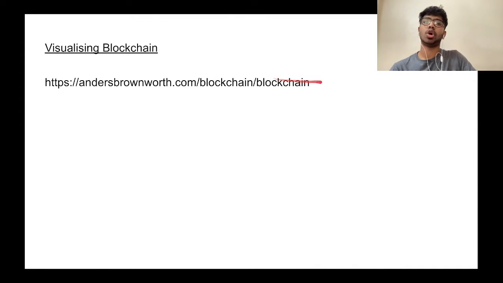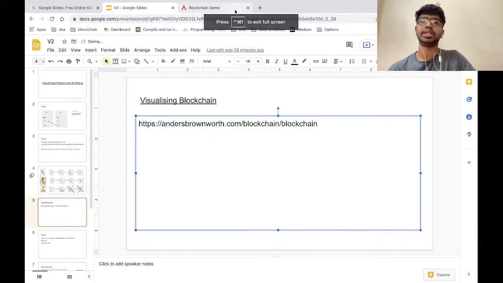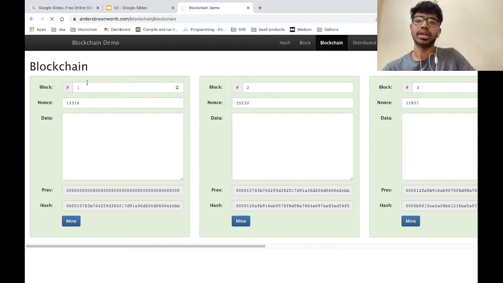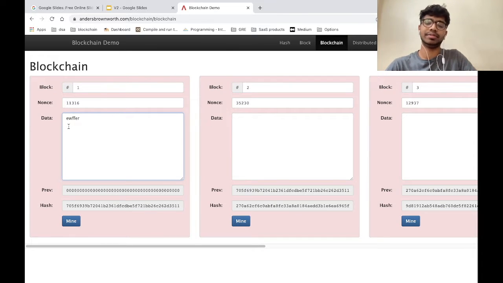Okay, so we'll try to visualize blockchain once again on this website. We have a blockchain over here. Now, as I told you, the nonce is the number which makes the first 4 digits of the hash 0. Let's put in anything, let's say E. We have added some random characters, and now the hash is not starting with 4 zeros. So the nonce is wrong, and we have to find the nonce. We could put 1, 2, 3, but it's very difficult. So we will now mine block number 1, and this is the nonce we are getting, 40521.